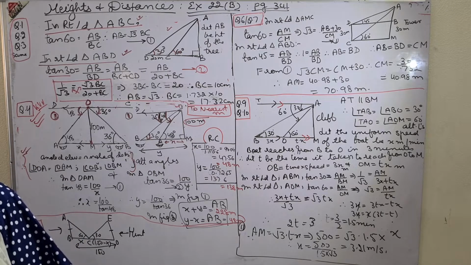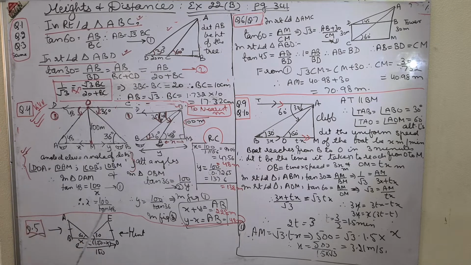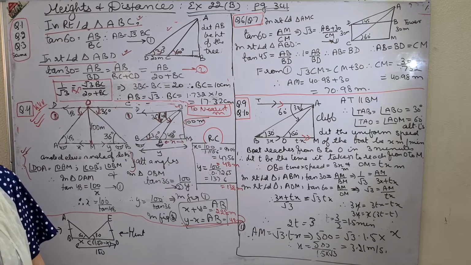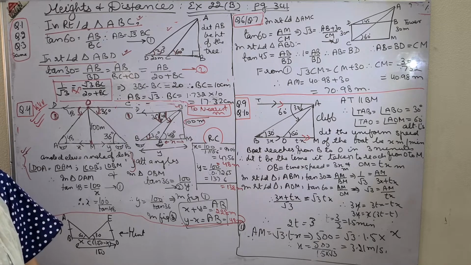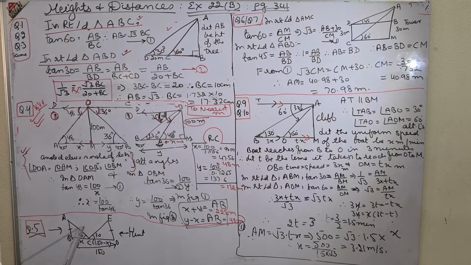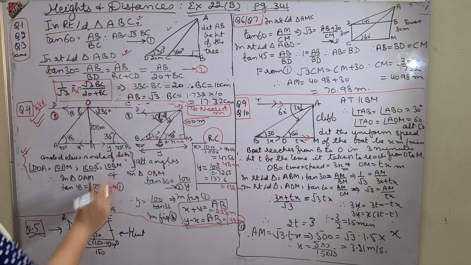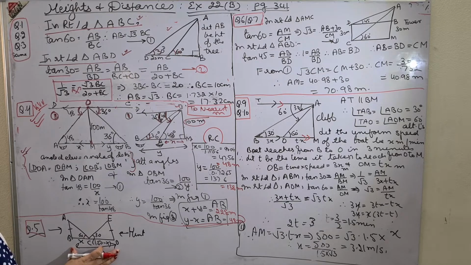Then come to questions number 6 and 7. For 5th, I'll just give you the hint. Question 5, I am reading. Two pillars of equal height stand on either side of the roadway. So I have made one roadway BD and two pillars AB and ED are there of equal heights. One is at an angle of elevation 60 degrees and the other is at an elevation of 30 degrees. Same question on the opposite side, but they have given you the total path 150.